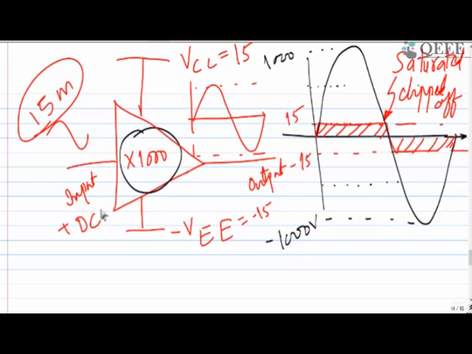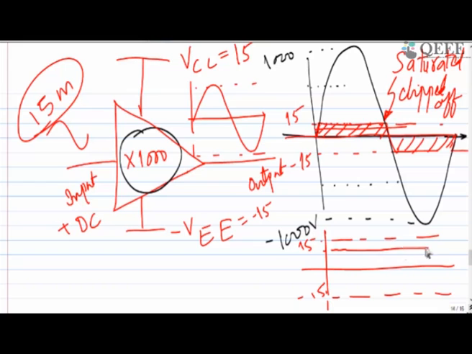Then there is a shifting of DC, because right now the DC value was 0. If it is shifted by a little bit, let's say your 15 is here, minus 15 is here, and your DC is now here, the output which you are going to see will look like this one. Maybe you have seen similar things in your laboratory, because a wrongly chosen DC operating point is creating a problem. So you should not do that.